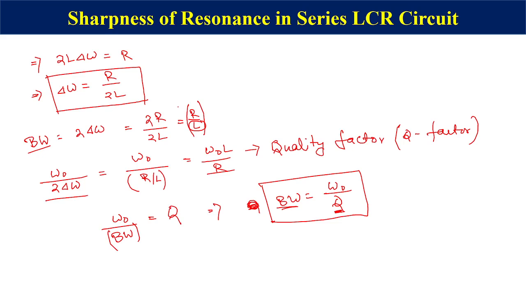You will receive the signal corresponding to a larger frequency range, so you will not get good quality. You will get less quality because the bandwidth is high. Over a large frequency range, you are able to receive the signal from the particular station. That is something you do not want. That is why you want to reduce the bandwidth and increase the quality of the receiver. So that is what we have about the sharpness of resonance and its importance in tuning.